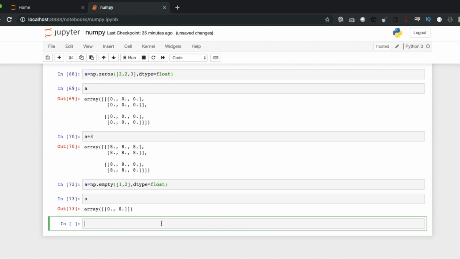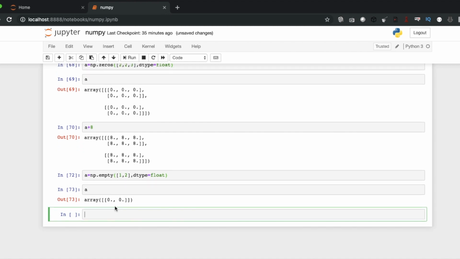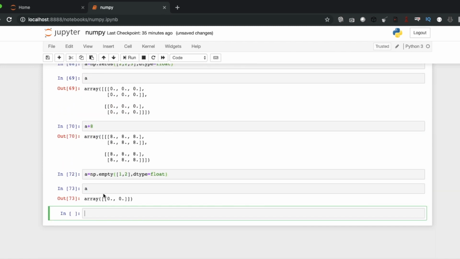Okay, so this is something garbage, not zero. Okay, so now the next thing is how you are actually getting the elements from a NumPy array,